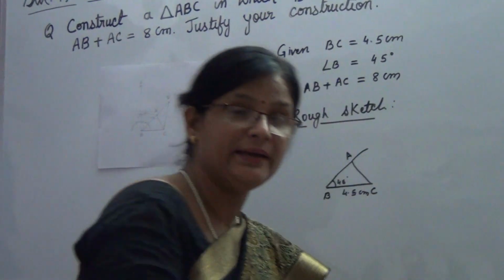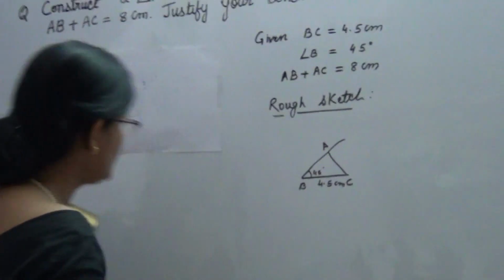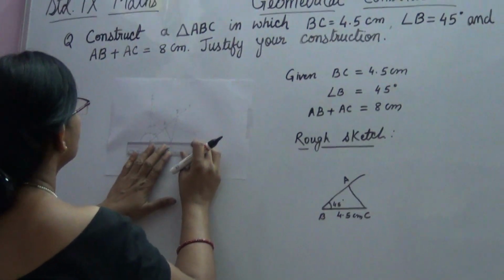Here ABC is the required triangle. I am going to highlight this ABC,